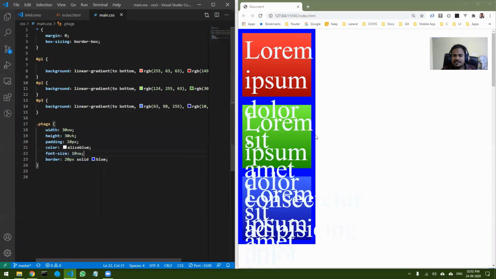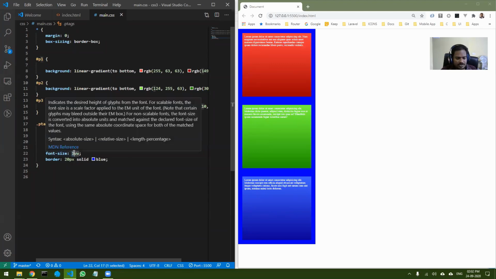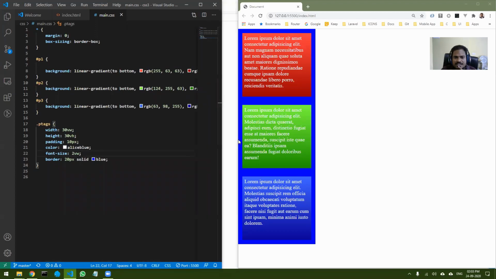If I save it, you can see this becomes extremely large. So let me reduce it to 1%, and 1% becomes very small. You can adjust it according to your needs. Let's take 2%, which is fine, I think. Now if I change the size, you can see my font also increases.